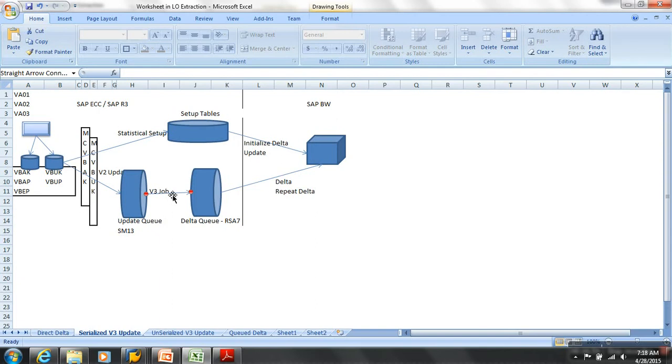I showed you the date and time in the update queue. Based on the date and time, it does the sorting and then collects in the same sequence into the delta queue. Who? Serialized V3 update.